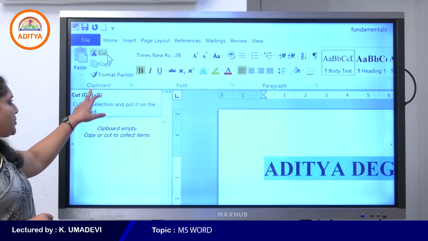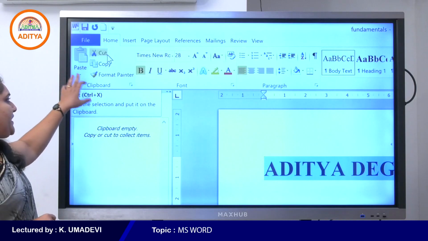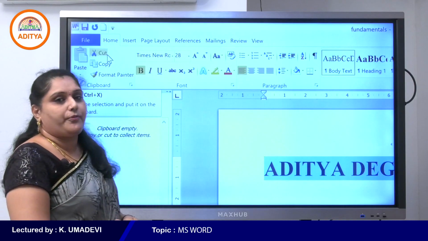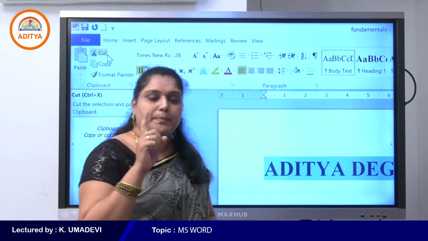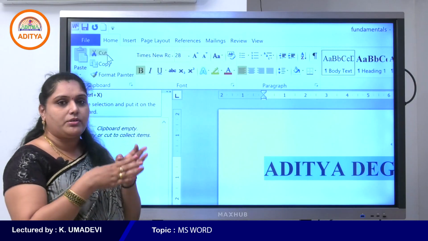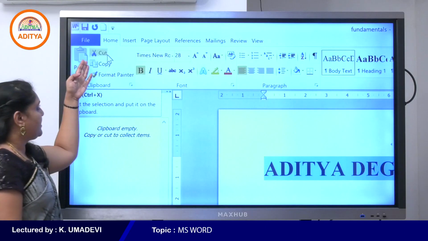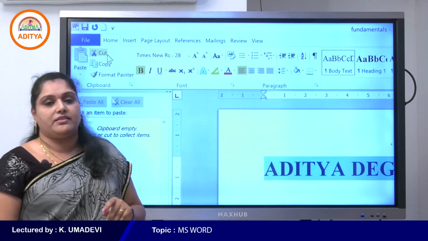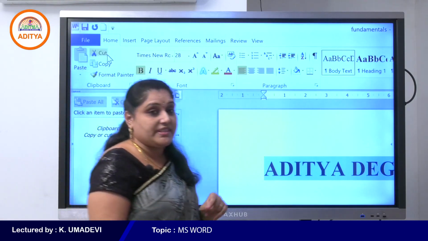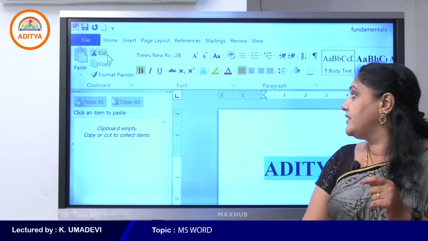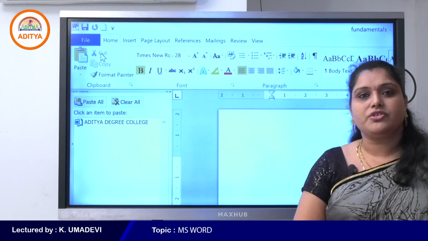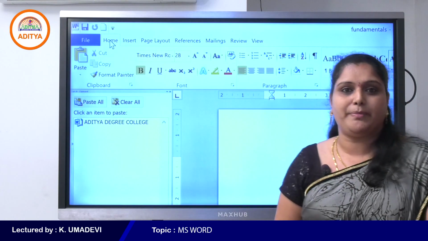The clipboard group contains cut, copy, paste and format painter. So first select the text which we want to paste in the new location, and simply use the cut command on the ribbon.